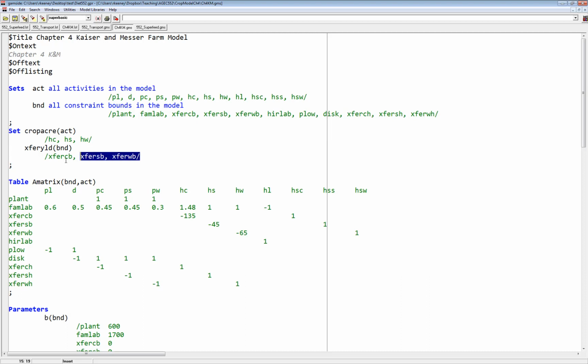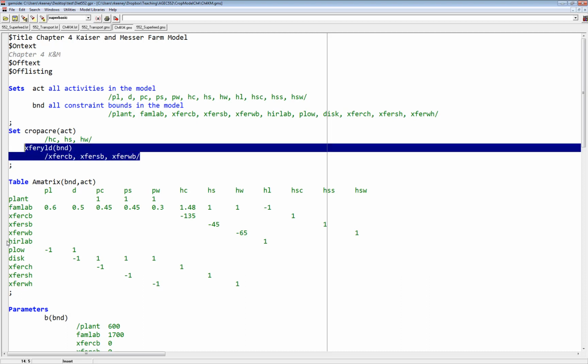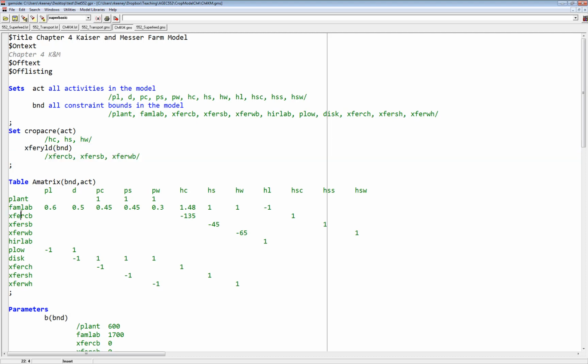So what I'm doing here is I'm pulling off a set of the equations, and I'm calling it transfer yields, because what I really want to play with are the assumptions on yields. And so it's going to collect XFERCB, the transfer from corn to bushels, the transfer from soybean to bushels, and the transfer from wheat to bushels. And so this subset is like going into this full set. These are all the boundaries in the column,